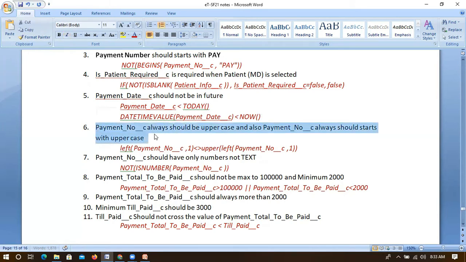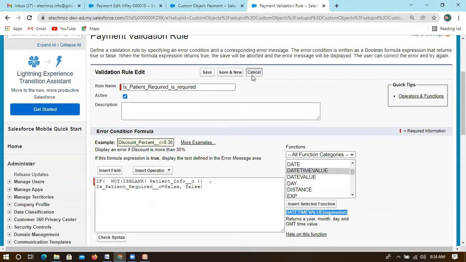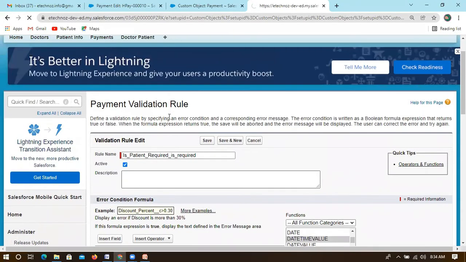Now let's go for the next one. Payment number always should be uppercase, and payment number also should start with uppercase. So there are two cases here. This is the next rule. Let me quickly create it.